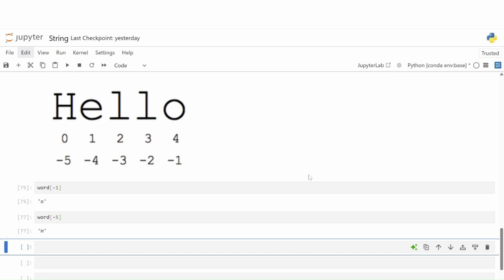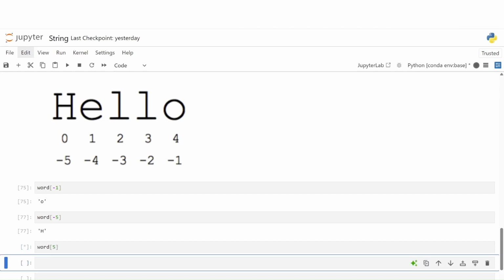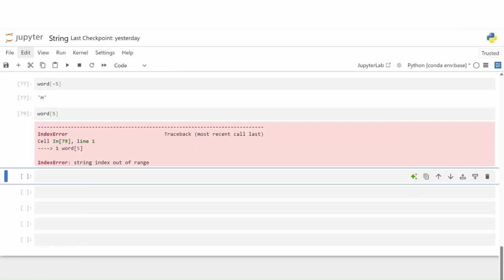So, if we write word, and in the square brackets we give 5, see, we get an index error, which is string index out of range. Keep in mind, when we are trying to access a non-existent index, it will always result in an error.